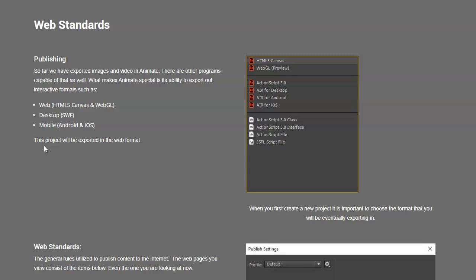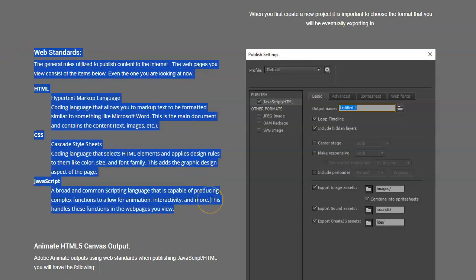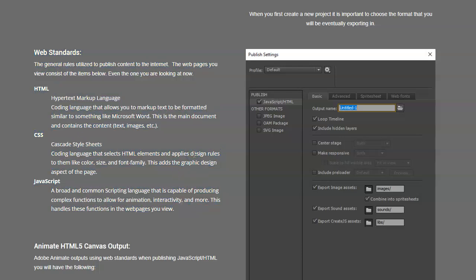Animate used to be called Flash, and the way that it repositioned itself is it now allows us to export out in the web standards as opposed to just Flash or Swift files using ActionScript. That being said, we are going to be producing more or less web pages using